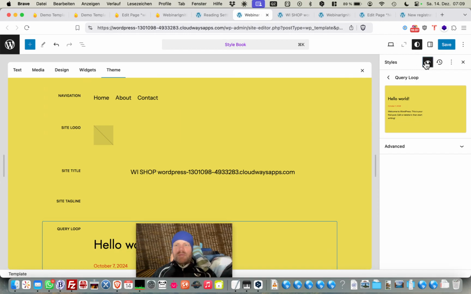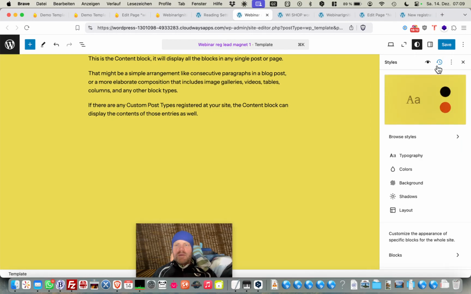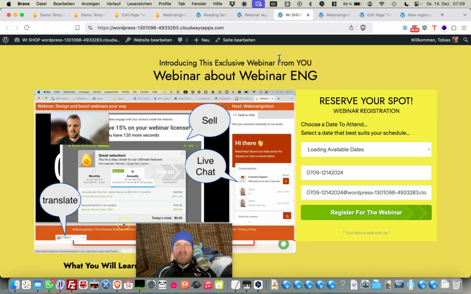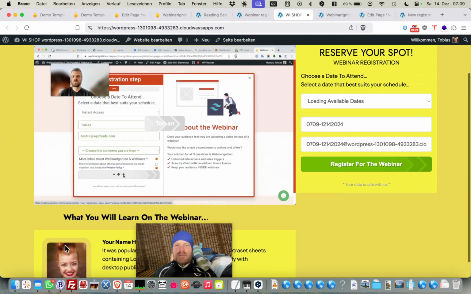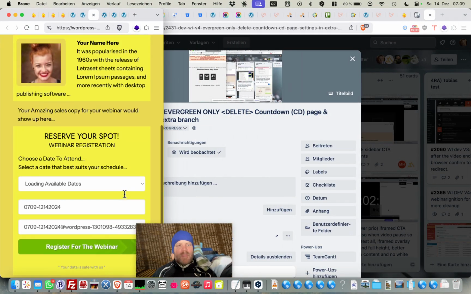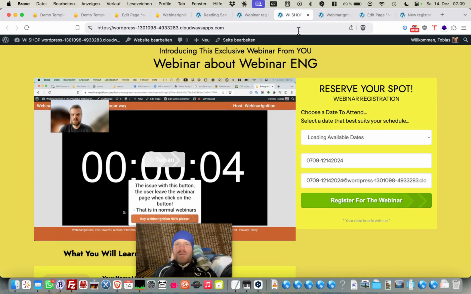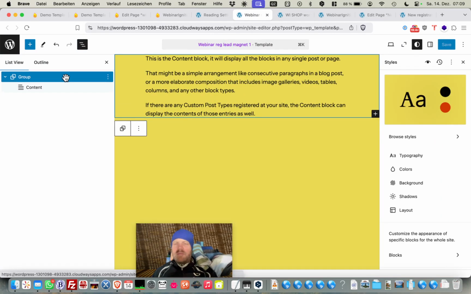Okay, so this is the preview. Some revisions, also good. So that's more fitting to my color. And you see we have done the yellow color. Everything is nicely fitting. Grabbing attention. Maybe I like some rounded corners, but this I do. Maybe I do here because I have like